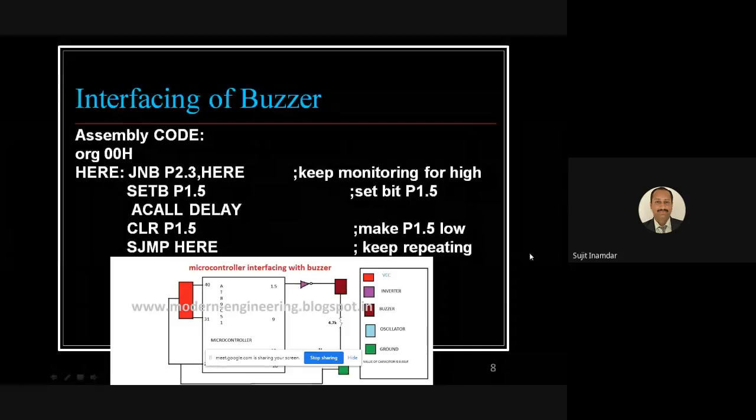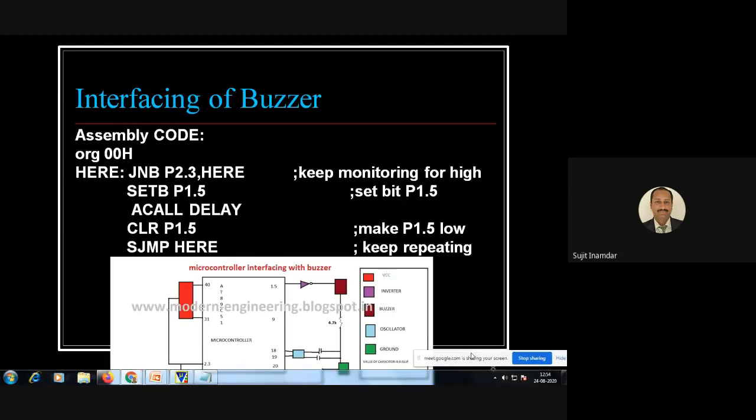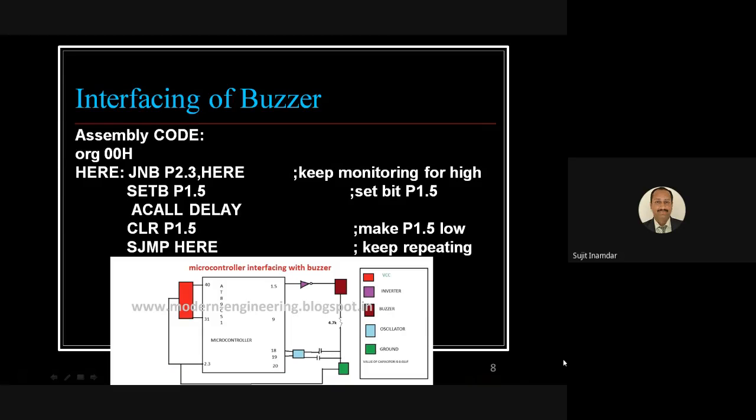Okay, so let us have a look at this particular slide, which we have seen in the last session, under the heading of interfacing of the buzzer to the 8051. You have already seen this slide and I have explained it. Once again I want you to check it in depth,